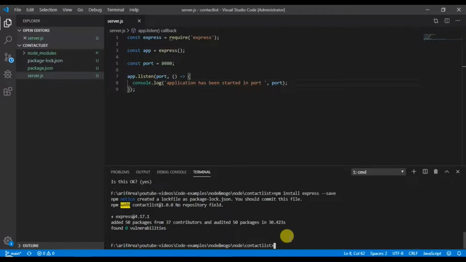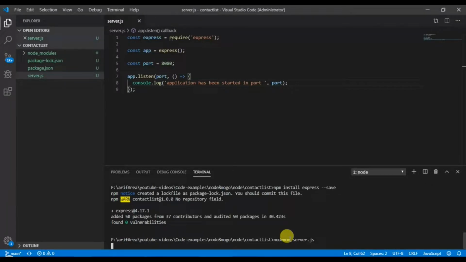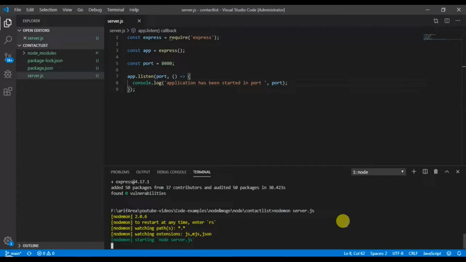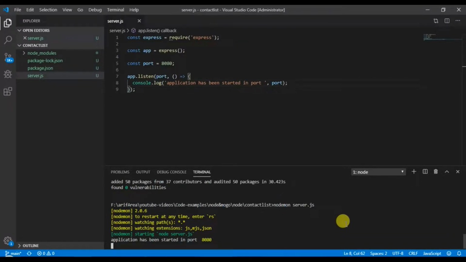To ensure the application is ready to listen to requests, let's now start the server and see if the application is working properly. Here I am using Nodemon, which automatically compiles the application based on the changes. So to start the application, type nodemon space server.js. Then just hit enter. The application appears to be operational. Let's now connect MongoDB to the application. Please ensure that you have started MongoDB on your local machine.